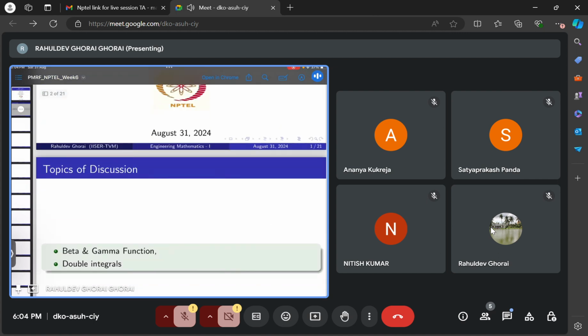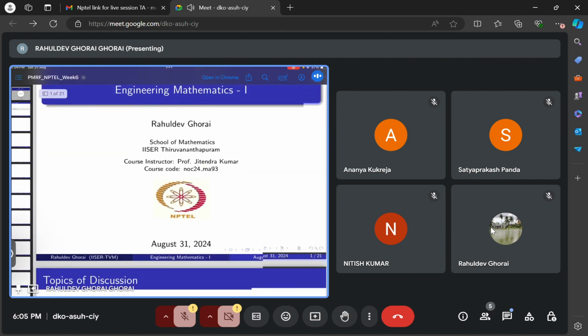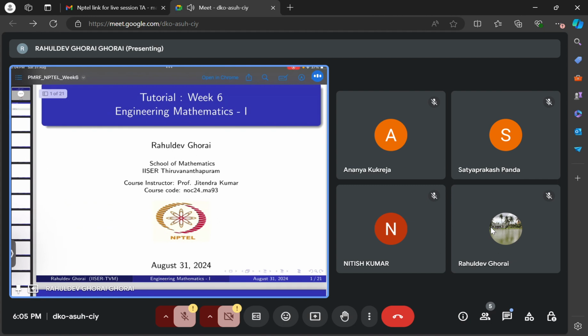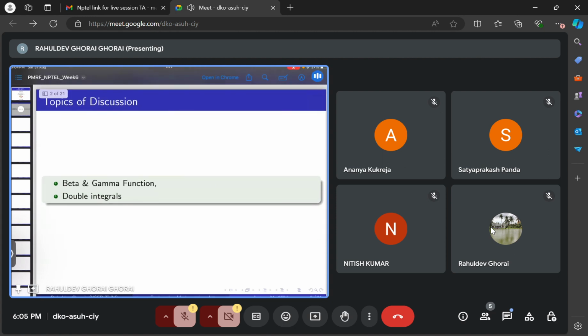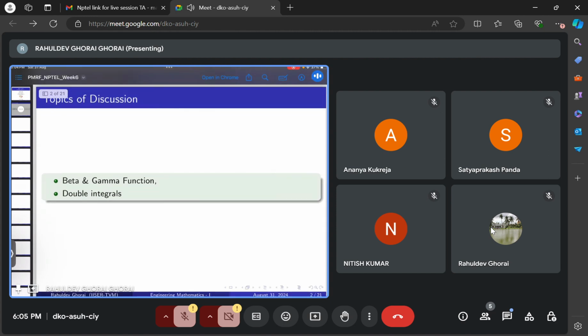So whatever we have done, I mean, it's the beta function and the gamma function. Then we will be doing the double integrals. So this is your sixth tutorial session. Last time also we studied the beta function, beta and gamma. These two we have already studied, but we will do a few more questions from the beta function and